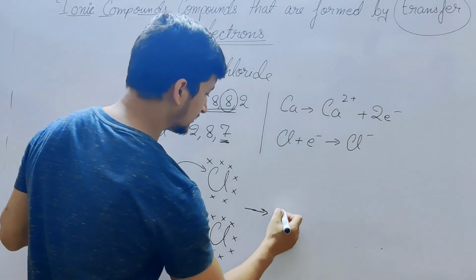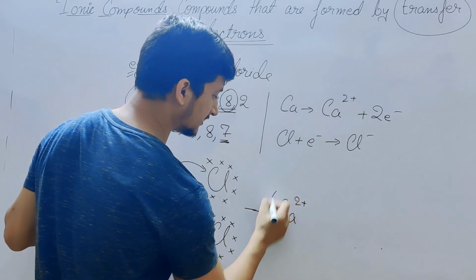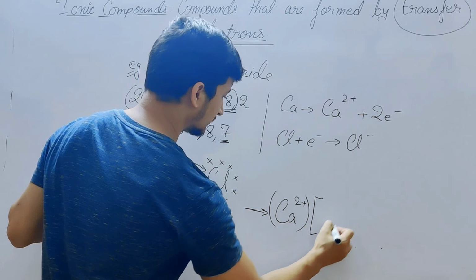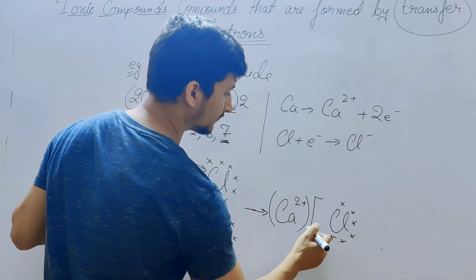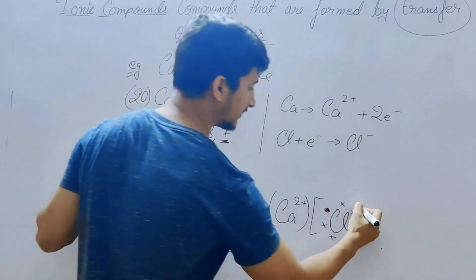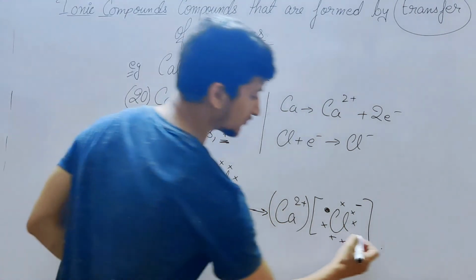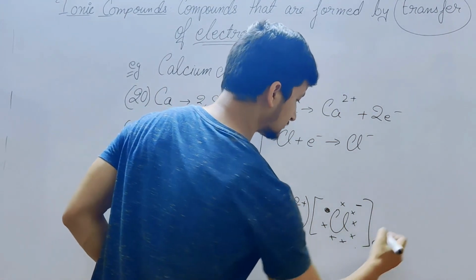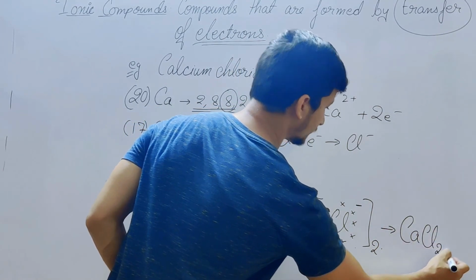So in this way we have a calcium cation, only 1 calcium atom is there. And talking about chlorine, 7 electrons of its own and 1 electron was gained from calcium, so it will have a negative charge. We are having 2 chlorine atoms here, so I will write 2 here. So in this way calcium chloride or CaCl2 is formed.